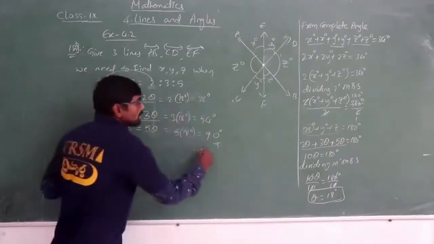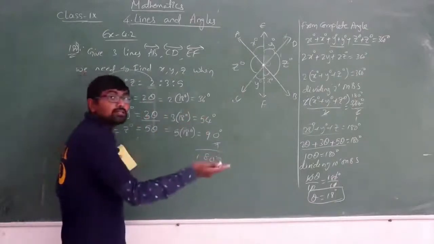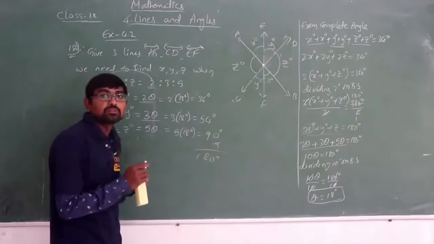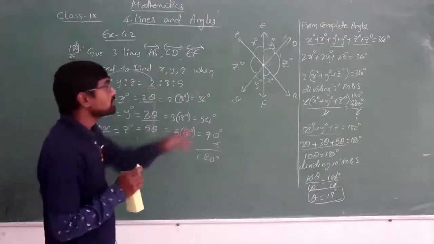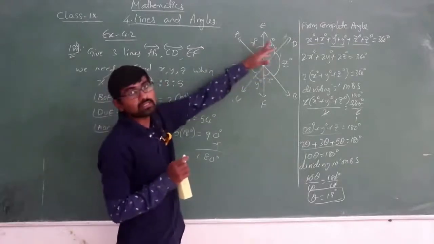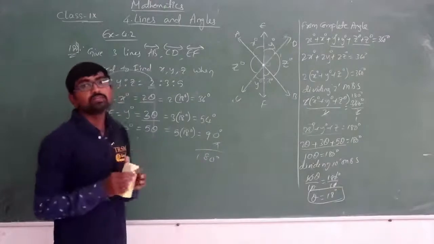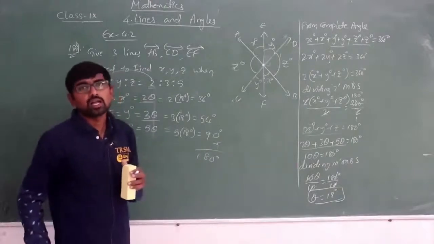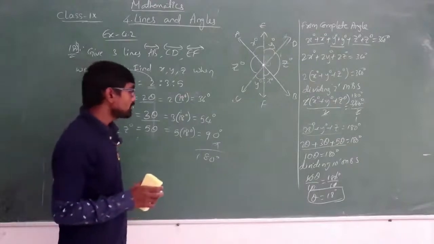If you add all these angles, again you will be getting 180, isn't it? If you double this, then you will be getting 360 degrees. Then again it will become a complete angle, isn't it? As if it has been divided into 2 parts now. So like that you are finding the values of the given unknown angles. Okay, so this is how you will find the angles.